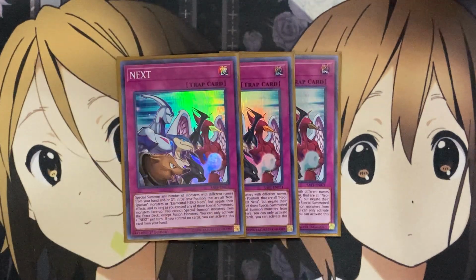I'll now move on to the traps. I run 2 Next. You special summon any number of monsters with different names from your hand and/or graveyard in defense position that are all Neospacian or Elemental Hero Neos, but negate their effects. And as long as you control those special summoned monsters, you cannot special summon from the Extra Deck except for Fusion Monsters. And you can activate 1 Next per turn, but if you control no cards, you can activate this